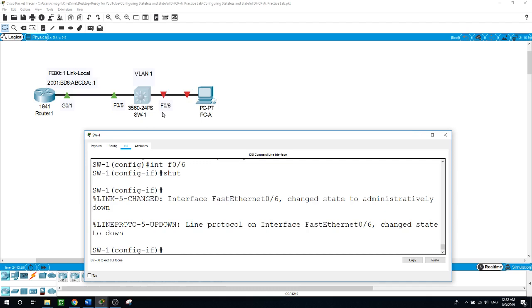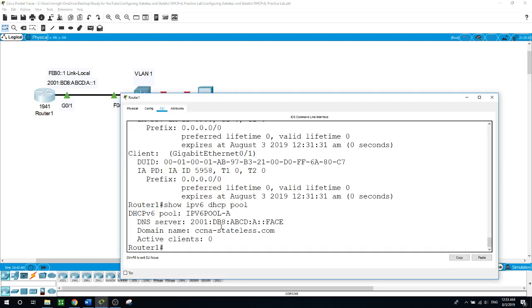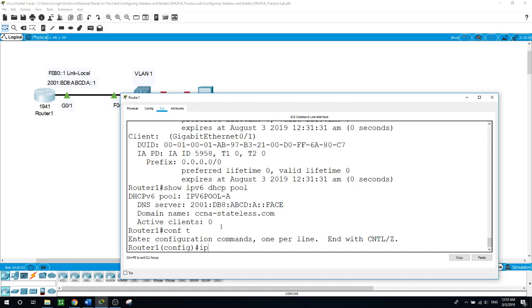Next, I will configure the network for stateful DHCP version 6. First, I will change the DHCP version 6 pool on router 1. So back to router 1, configure terminal, IP version 6 DHCP pool,